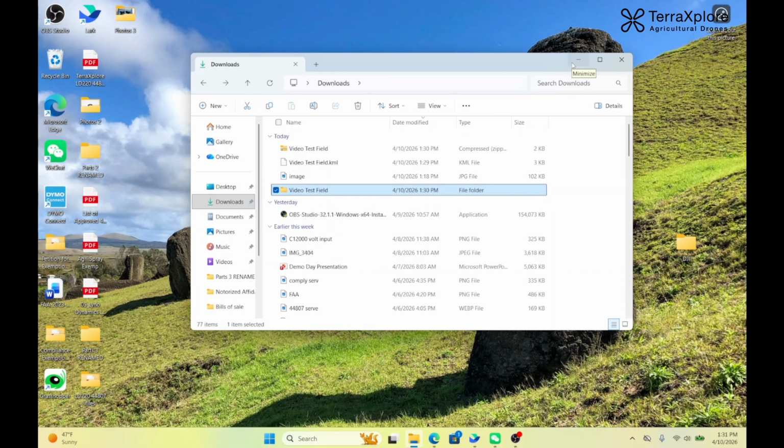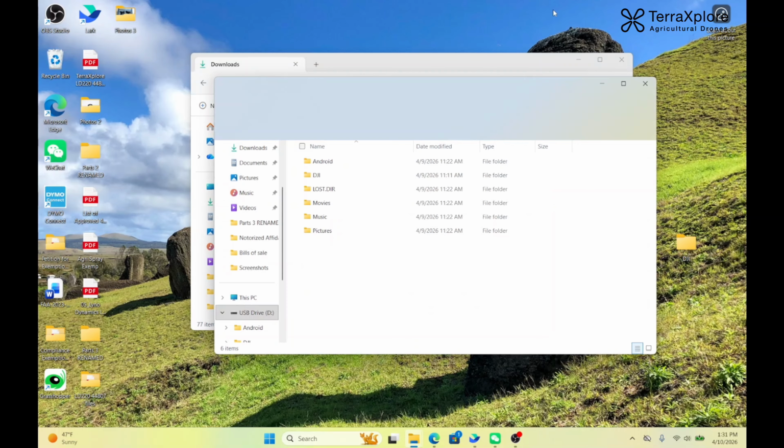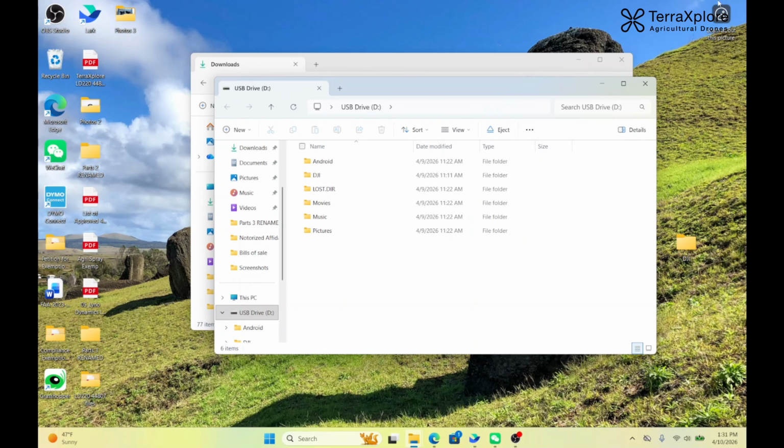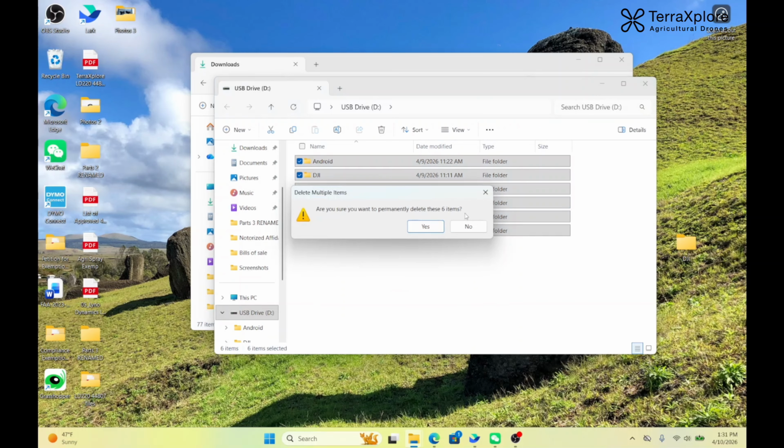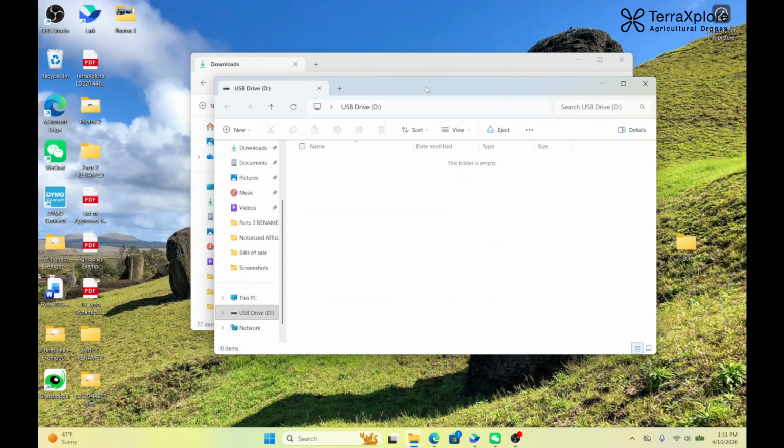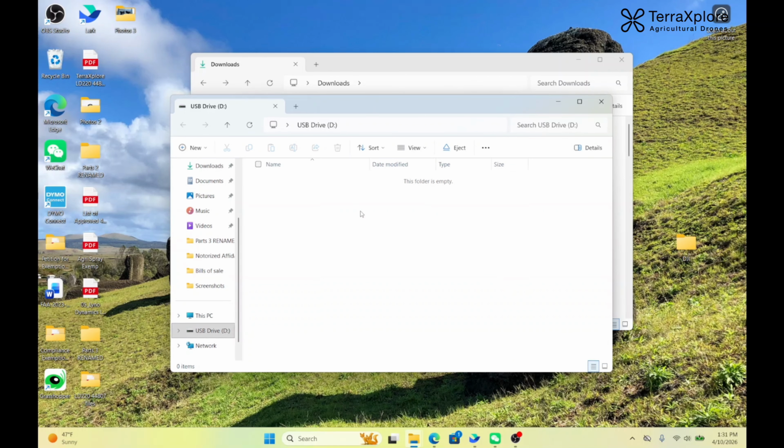So now that you have it all unzipped, you actually want to move the folder to your SD card. I'm going to plug in my SD card, my micro SD, into my computer now. There we go. And we'll just clear this out to make it easy. Okay, so in this folder, you want to create a new folder, right? In the drive, you want to create a folder. And what you name this folder